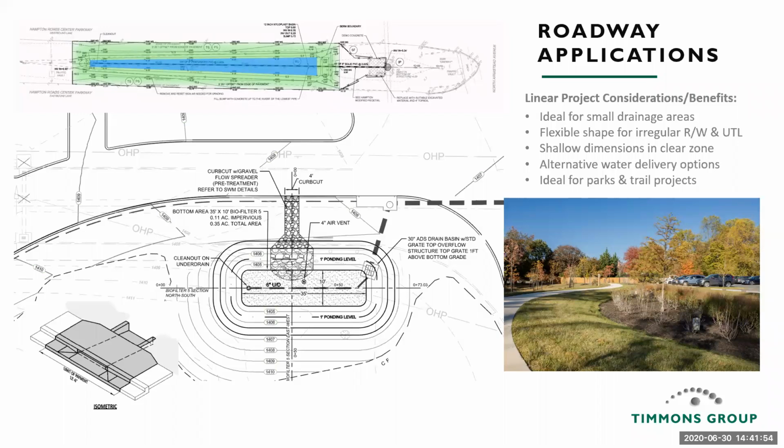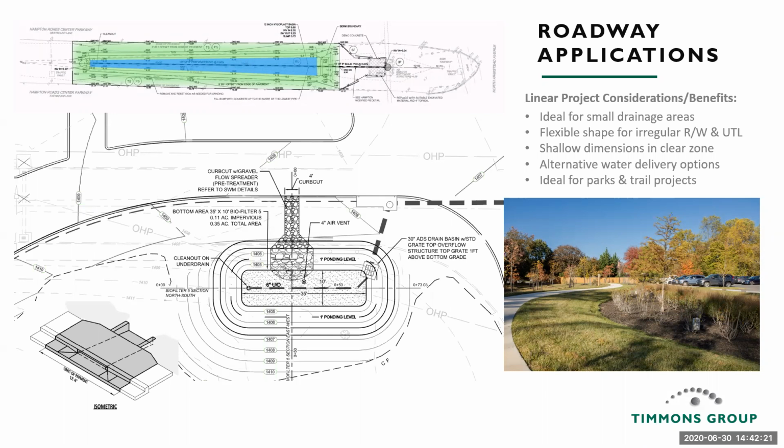Ideal for roadways from the perspective of if you have irregularly shaped rights of way, some utility conflicts, these can be configured in any shape, so that if you have residual right of way, chamfered off a corner in the corner of an intersection, where linear application doesn't work best, it doesn't fit as well as an irregular shaped basin would, this is a good application.